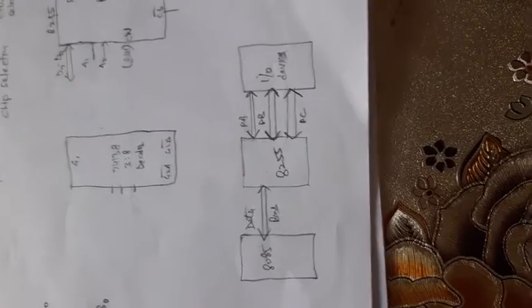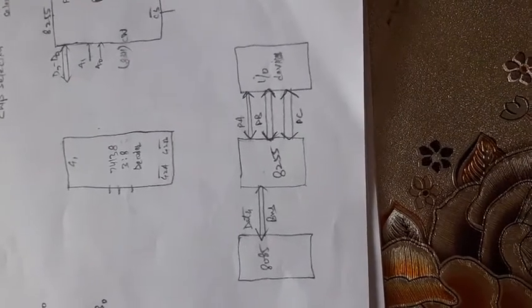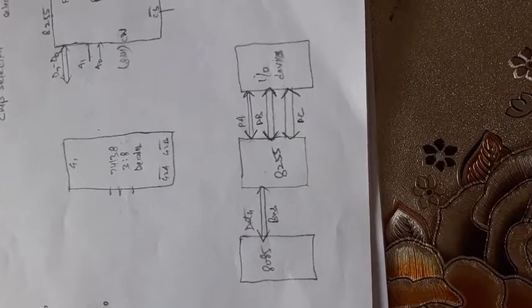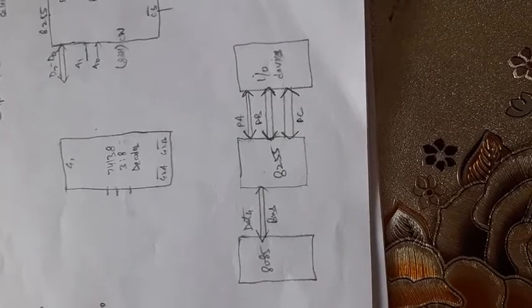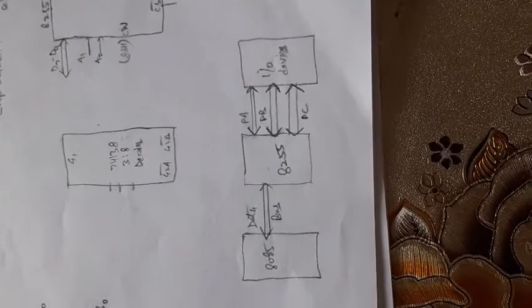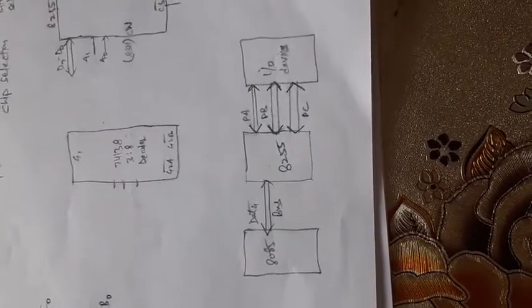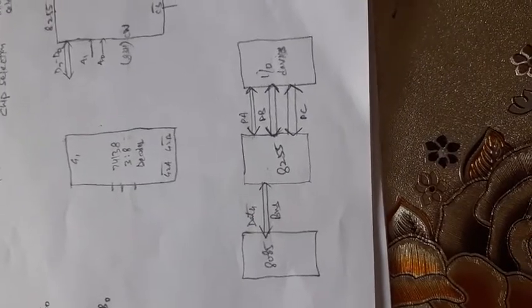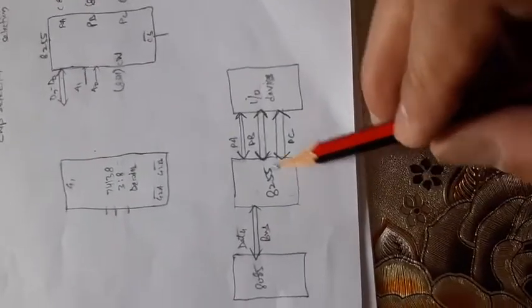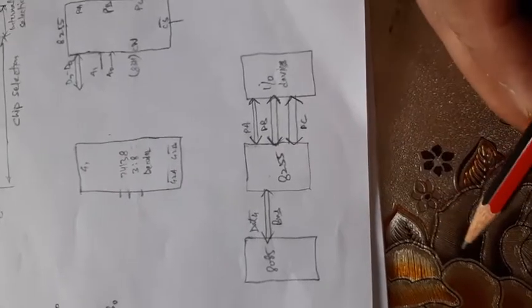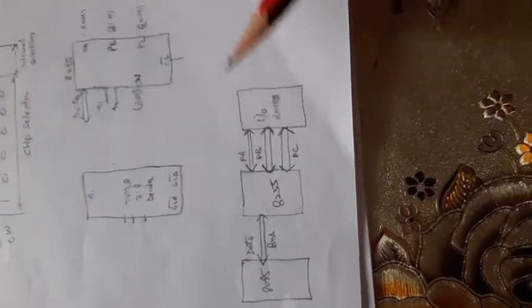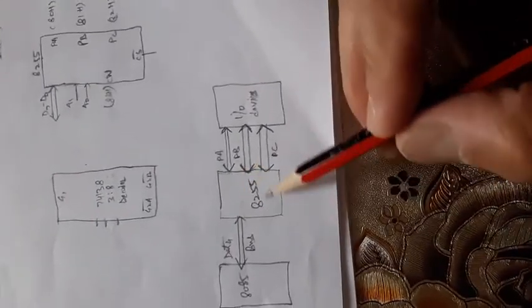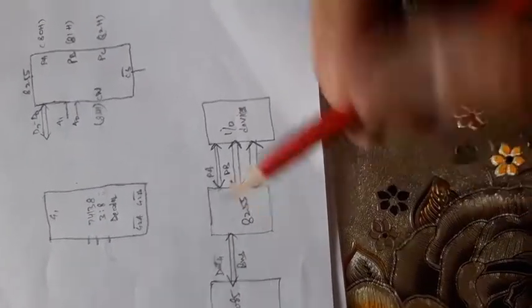Suppose we have connected a USB or a CD or a mobile, and we are transferring that data. Then we need a reliable transmission, and that reliable transmission comes from this 8255 chip, the programmable peripheral interface.